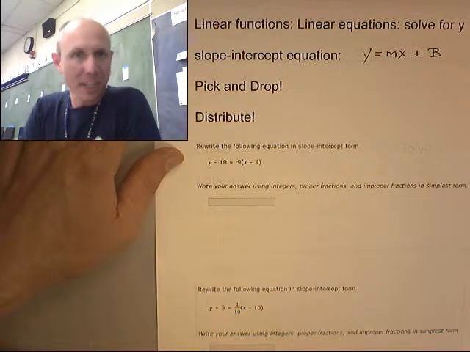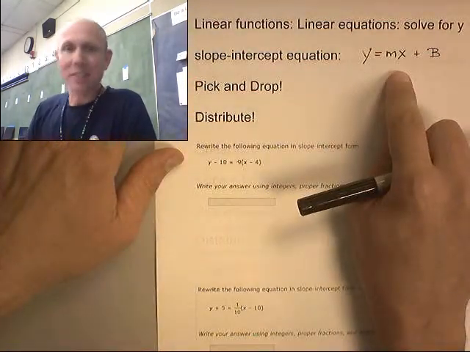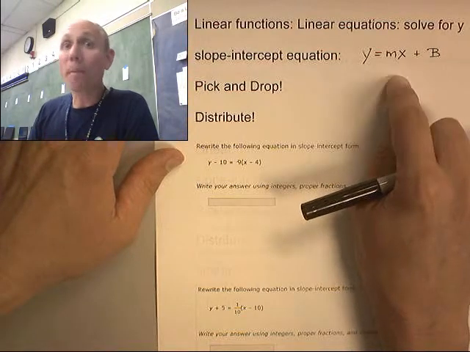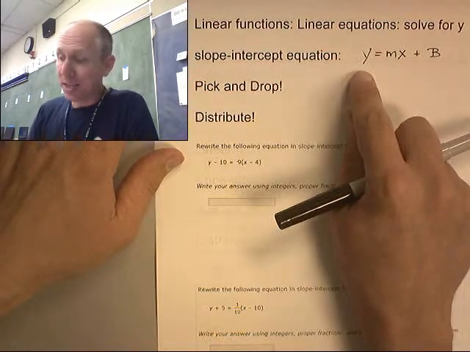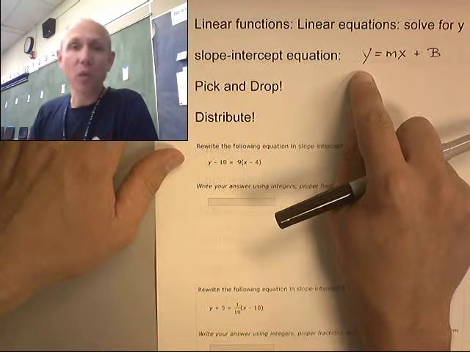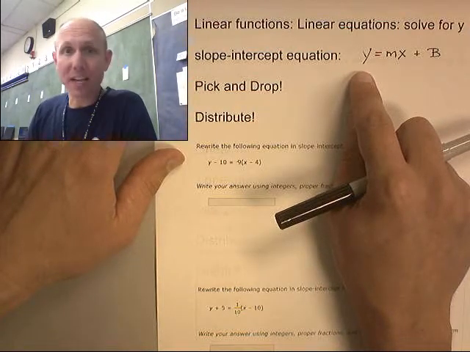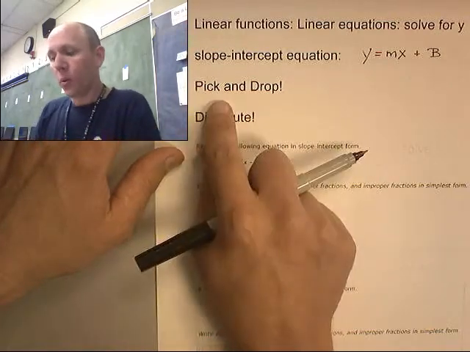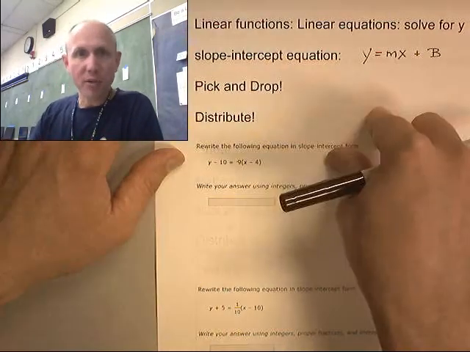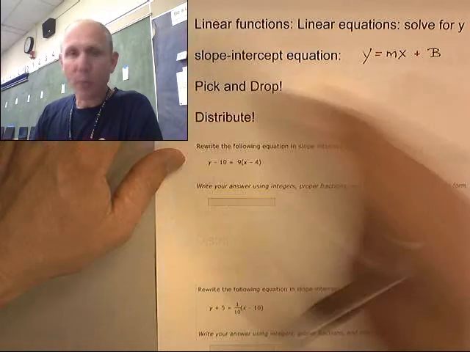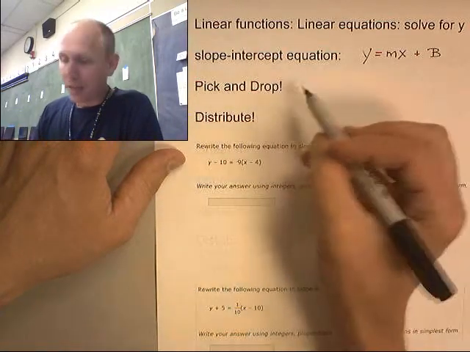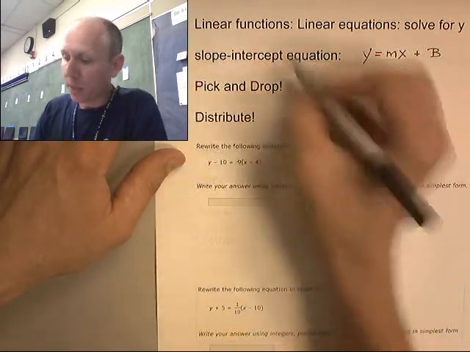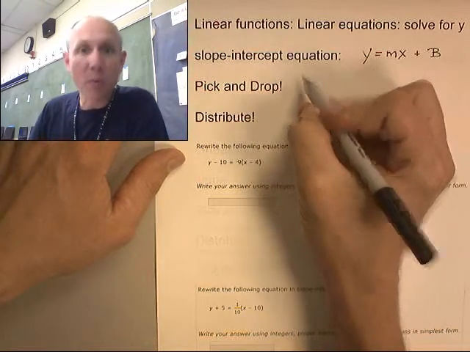But what if you're given an equation that doesn't look like this and you want to make it look like this? What if I give you something like 2x plus 3y equals 7 and you want to make it look like this? Well, you remember the picking it up and dropping it on its head type of thing? So we'll be doing pick and drop to make this work. And just remember, pick and drop, it becomes, remember when it hits its head,